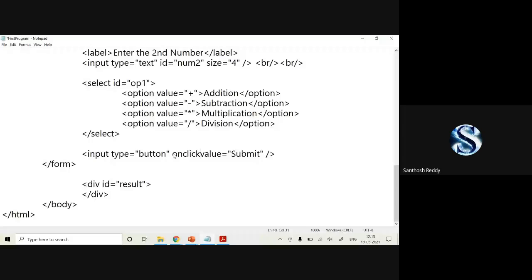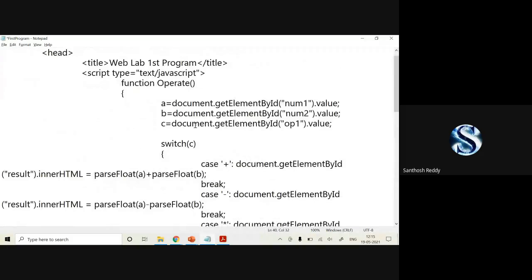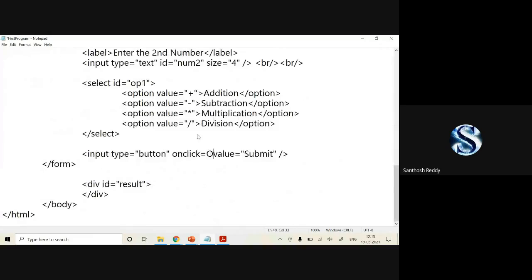Once I click on this, it has to be specified where you have to move. So we specify a function name, which function you have written here. Operate, and give. So you clearly specify that when I click on this particular button, you go to the operate function in the same page and work on it.